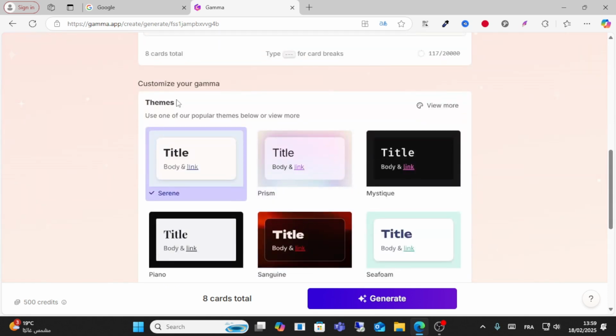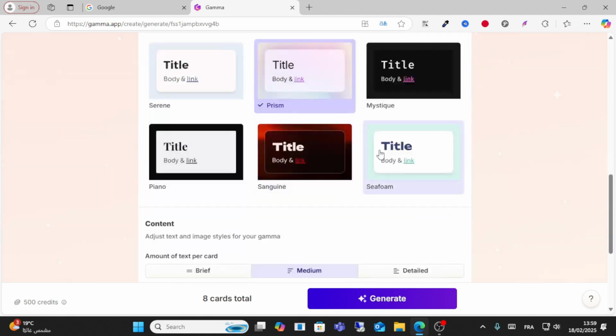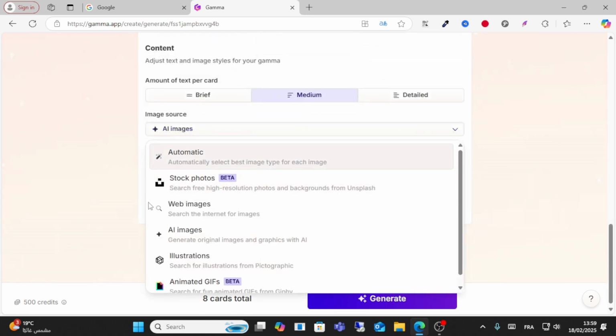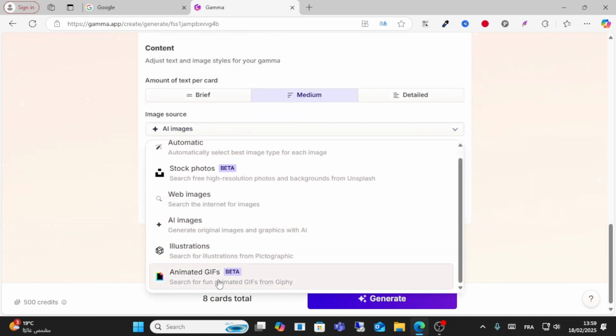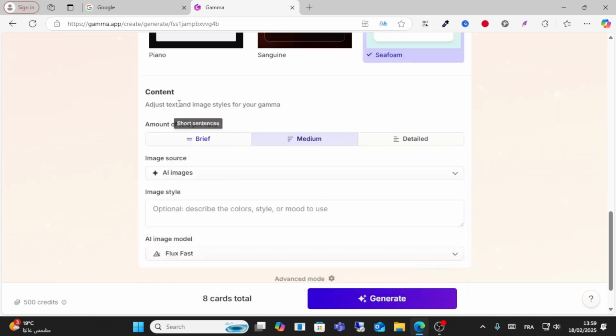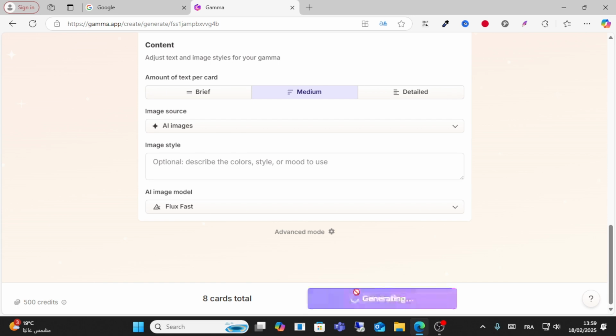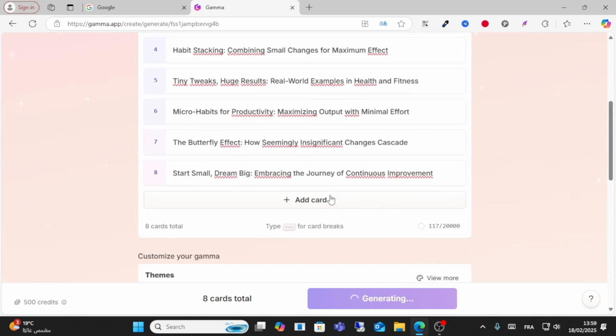You can change the theme guys. You can choose any theme you want to write. For example, this one I'm going to choose this one. After that guys, you have image. You can upload image from web. You can use animated GIF, and you have amount text bar card, and just click generate guys and wait to generate your